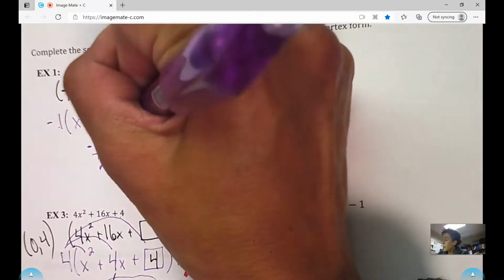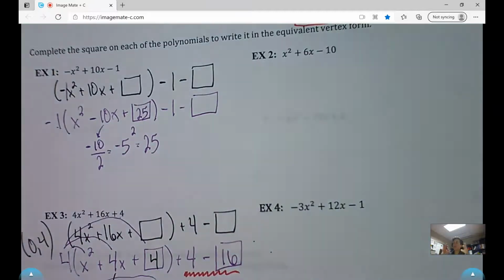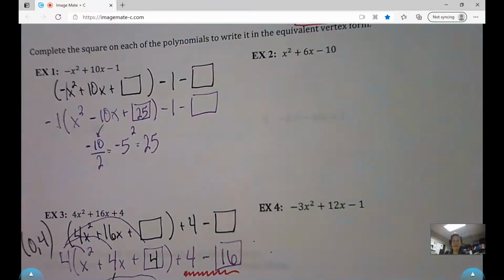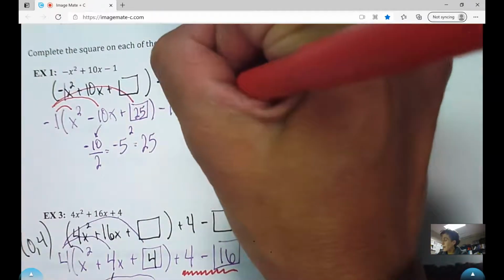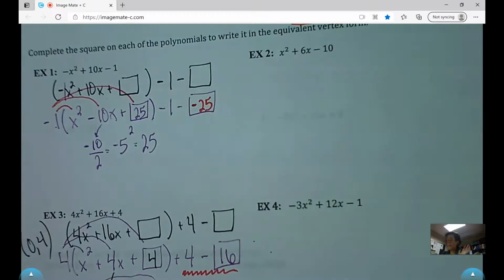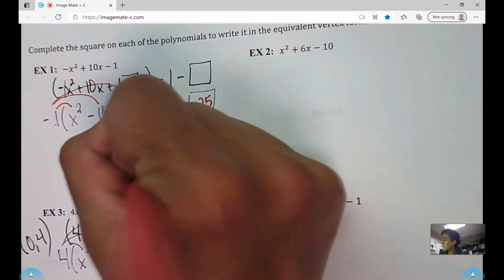So this 25 goes in the first box, and then I look at it. Did I really give you 25? And the answer is no, because this is really -1x squared. This is really 10x, so this 25 is actually worth -25. And I know I can't give you negative numbers, but hopefully the idea is there. So from there, to make this,